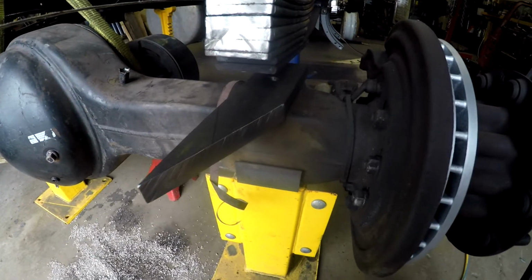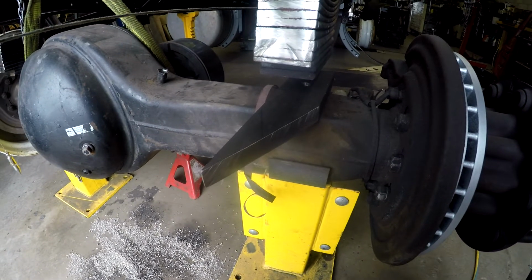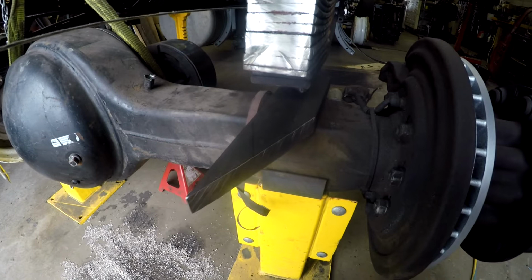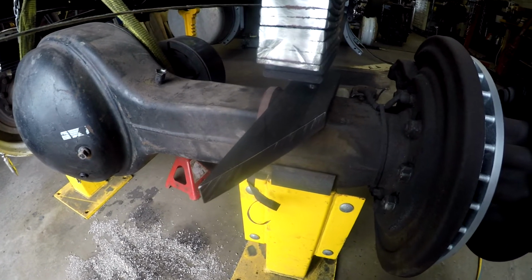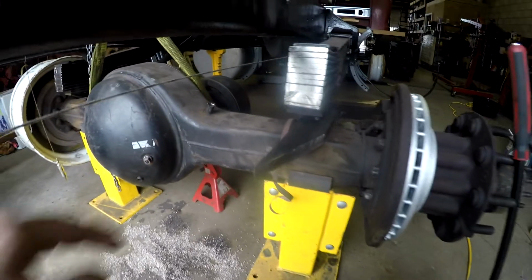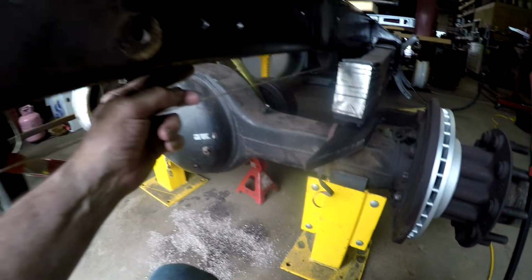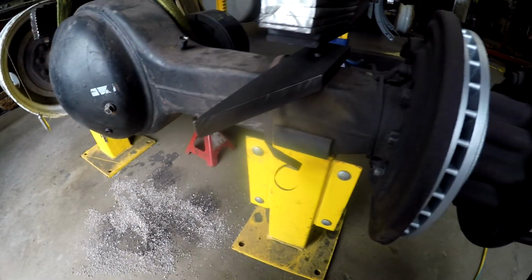Now the second thing that I told you I was going to bring up is the angle being too far back for the airbag. That's not exactly true. I could live with where it ends up. It would end up back in here someplace. I can live with that. What the issue is